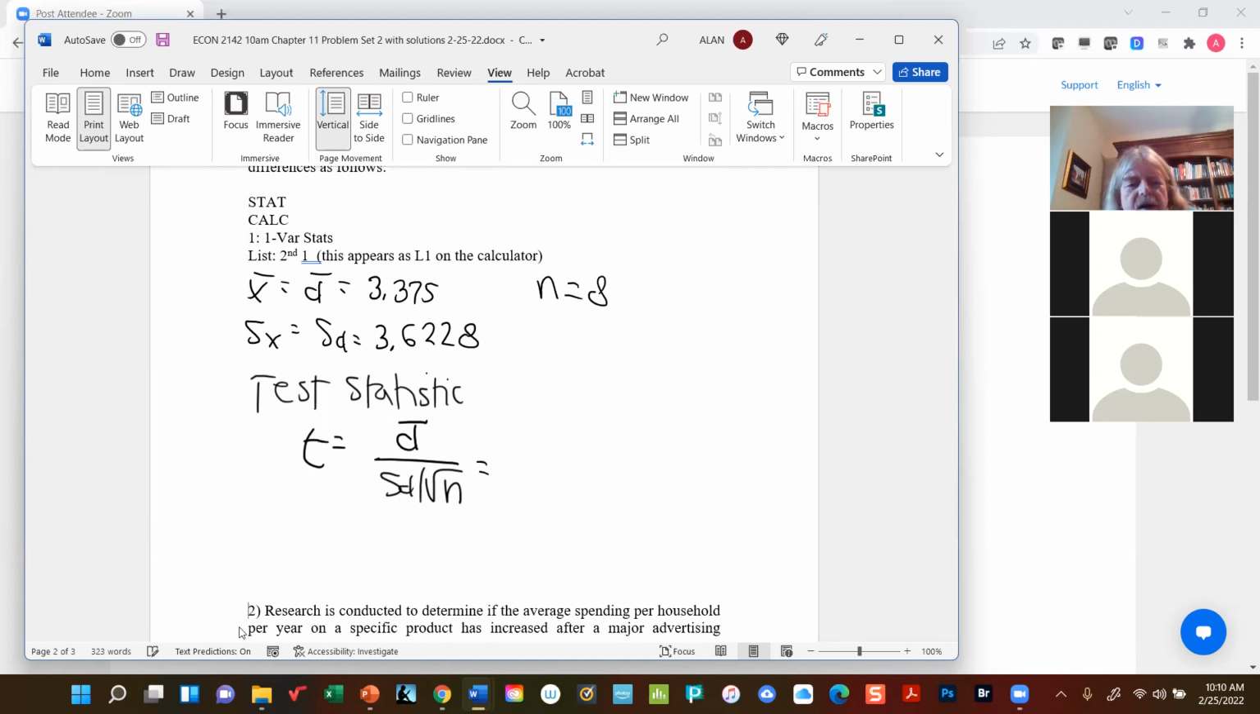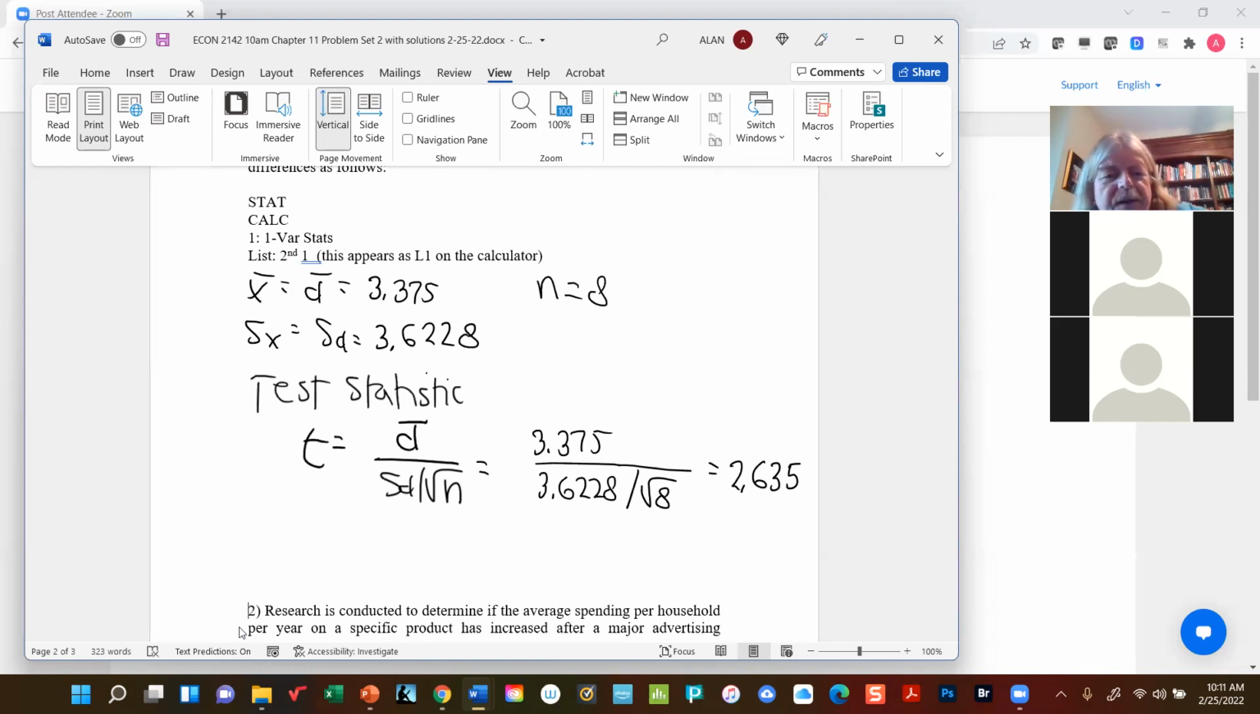So let's do this. 3.375 over 3.6228 over radical 8. And that's going to be approximately 2.635, let's say, depending on how many digits you used. 2.635